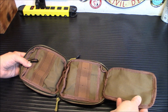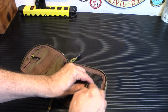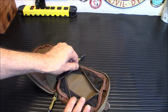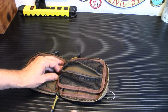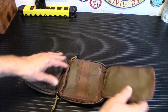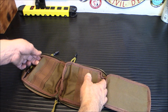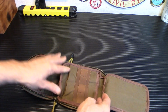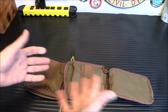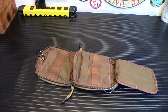Okay, there we go. Got a nice little pouch up here to put whatever you need in, and that's kind of handy for a fire kit because you can actually see stuff. Like, oh, I got my lighter right there. I don't have to dig through other things. But there really are no pockets or pouches on the inside of this. It's all kind of out in the open. You do have a little bit of a thing back here and a little bit of one back here, but that's about it, really. So what I decided to do with this is put it together as a fire kit,